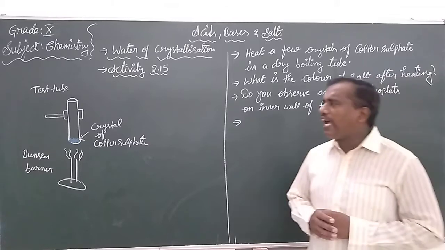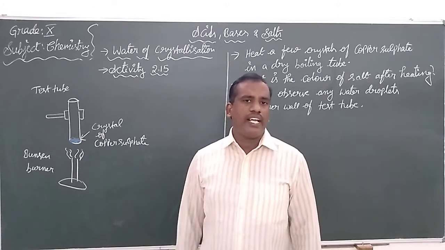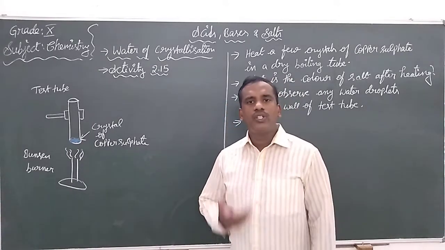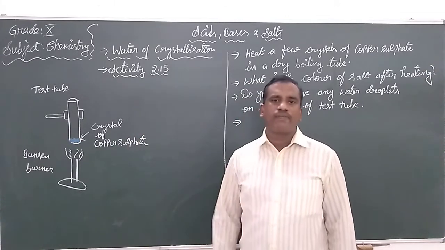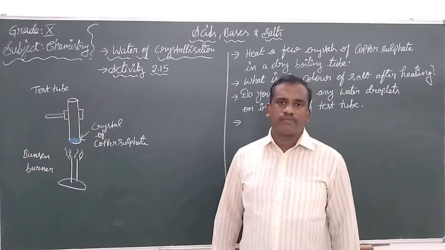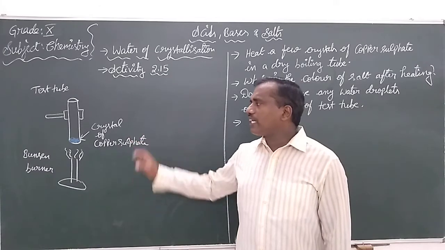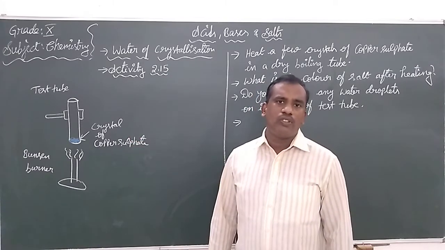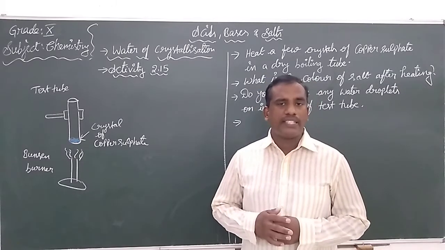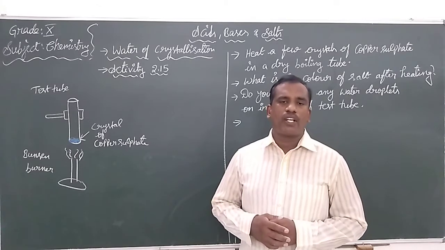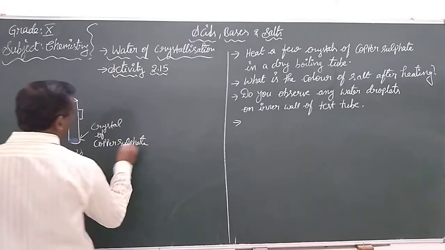Here we have chosen one test tube, or we can take even a boiling tube. In this test tube we have placed copper sulfate salt. What is the color of copper sulfate you are able to observe? We can see the copper sulfate salt will be basically blue in color. The blue colored copper sulfate